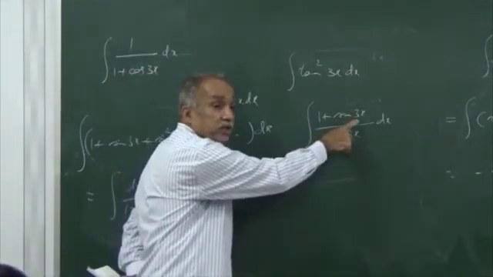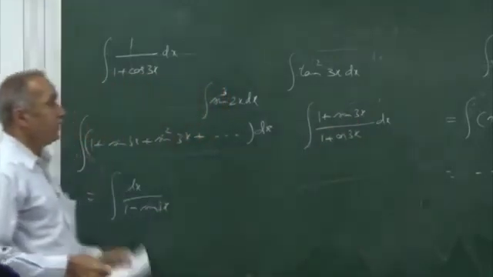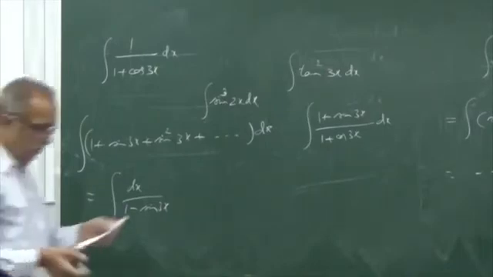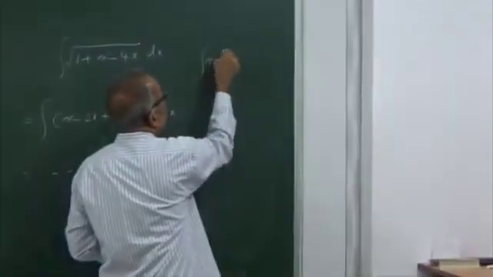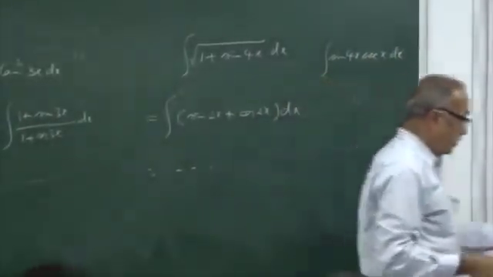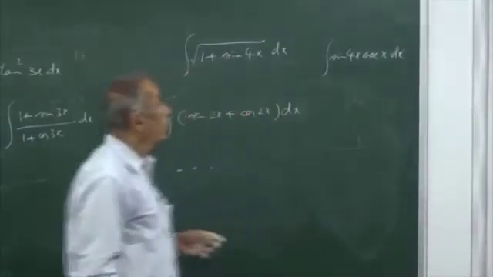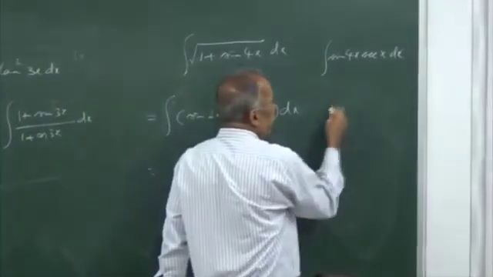Only this you need to write as 2 sin 3x by 2 cos 3x by 2. Or if you are uncomfortable with secant,